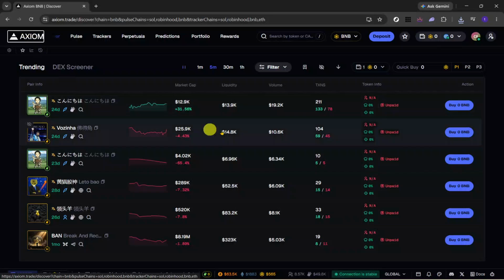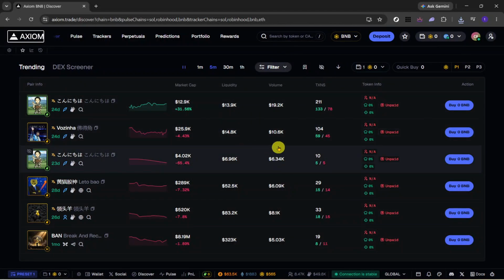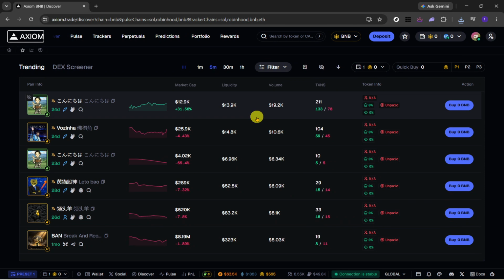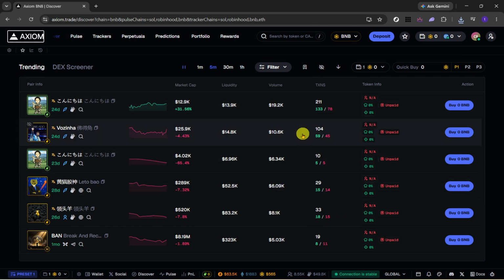Hello, today we will guide you through how to restart chart on Axiom. If your chart layout on Axiom looks cluttered, customized in a way you no longer want, or simply needs to be reset back to its default setup, this process is quick and straightforward. We'll walk through exactly where to click so you can restart the chart view and get back to a clean